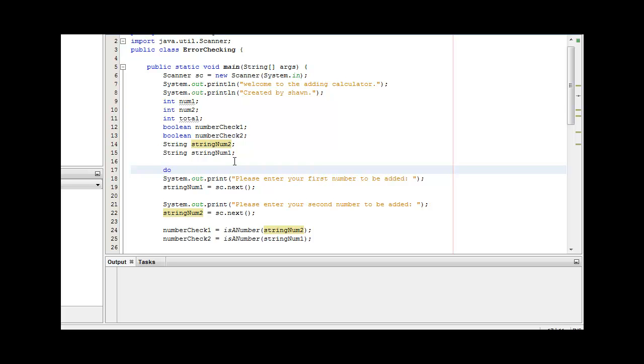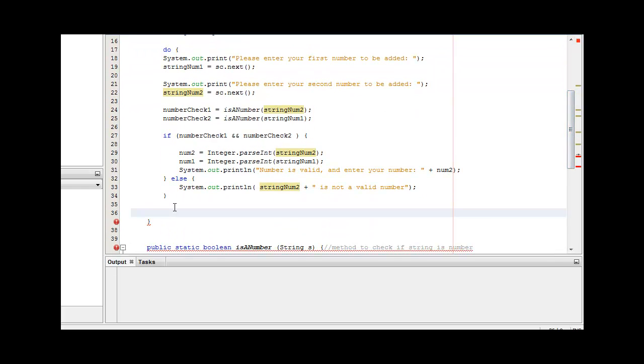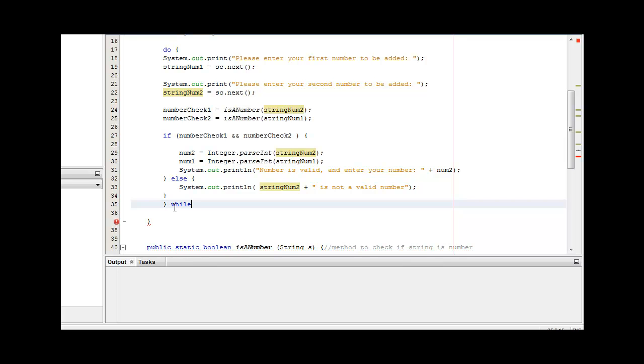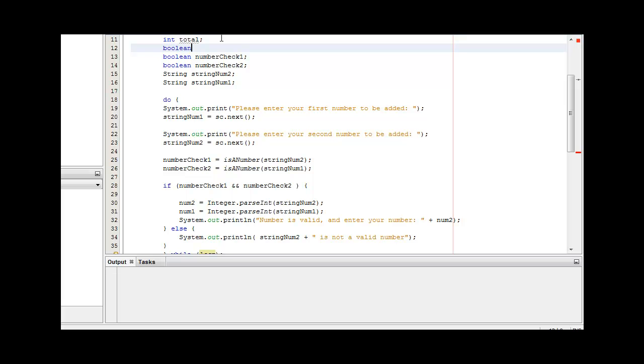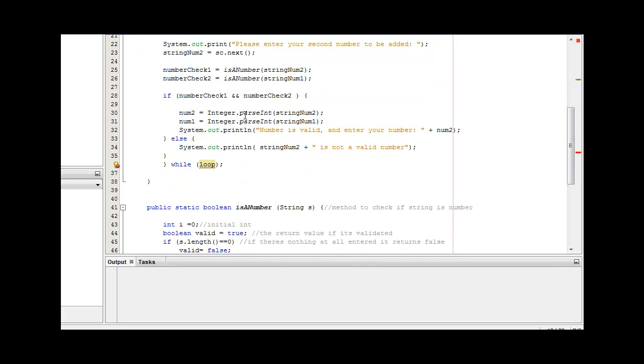Just put do while loop. So do this. Just add another close bracket. While, add your parameters in here. I'm gonna just do while loop. So while loop equals true. Here. Okay. So what I'm gonna do is,